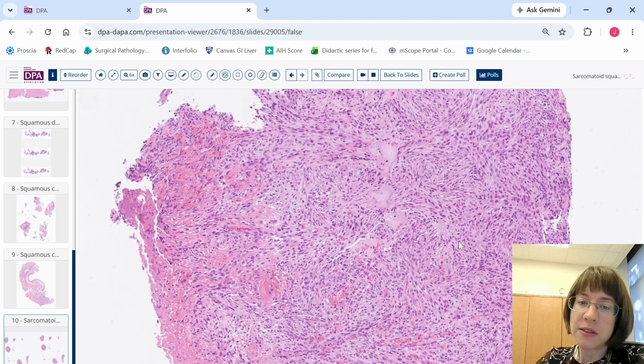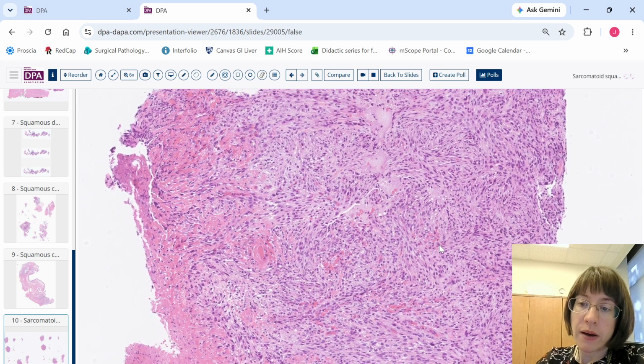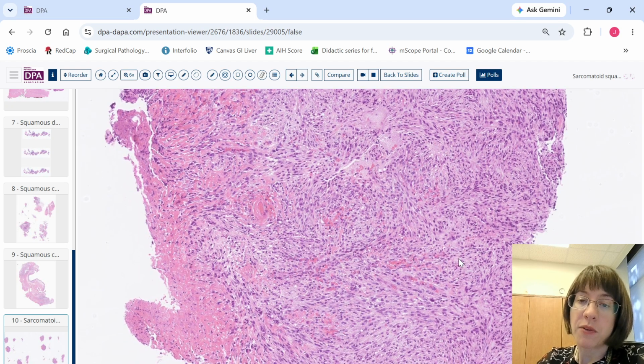We can think about various different types of sarcomas that could arise from different types of soft tissue, such as a leiomyosarcoma arising from smooth muscle, or a dedifferentiated liposarcoma, for instance, which would come from fat, angiosarcoma, which would come from blood vessels. So there's a fairly broad differential, including many other entities in that sarcoma category. And finally, we always want to think about melanoma, which can look like essentially whatever it wants, particularly if it